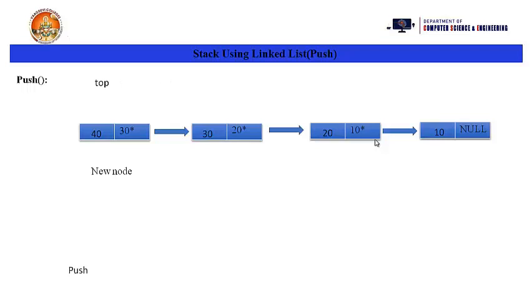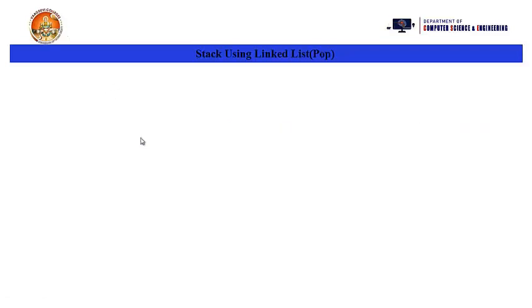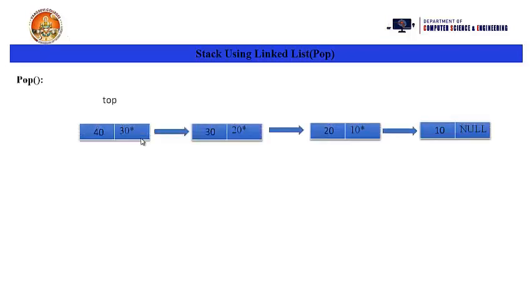Okay, now here we don't have any head node. See this one, we don't have any head node, only a top node here. Okay, so like this we can push the values. Suppose I want to pop the elements from the stack by using this technique, then how to pop the element? Now this stack consists of elements 40, 30, 20 and 10. And what is the top node value here? 40. We need to remove or pop this 40 value here. So after popping this 40 element, the 30 node becomes the top node.